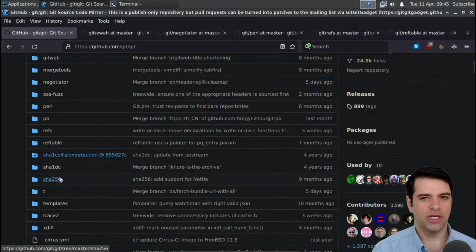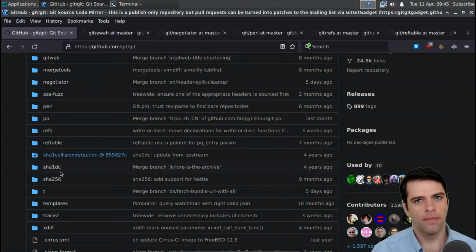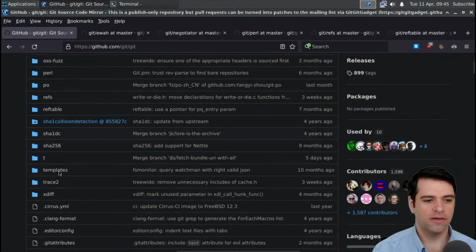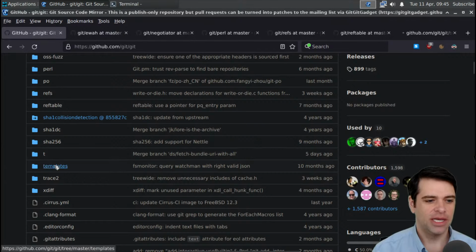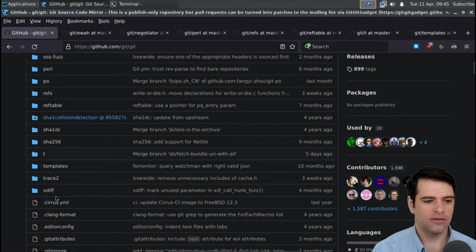SHA-1 and SHA-256, I'm going to guess are things we can black box because those are standard algorithms. They're not unique to Git. Who knows what t is? I guess we'll look at t and templates and trace. Not trace. And